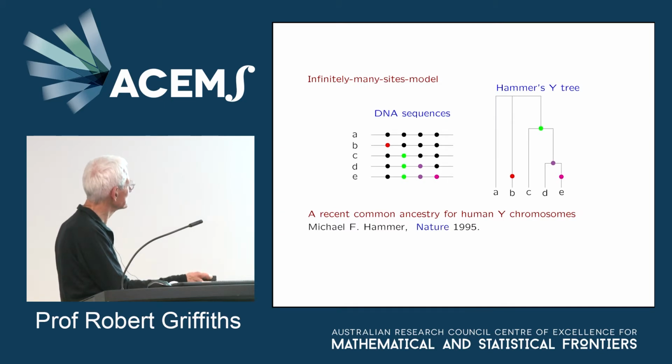In fact, you can easily see that you can deduce these sequences from the tree, because all you have to do is look at B. So here's B, you put a red dot there. This green dot, you put it in C, D and E. Purple one, you put in these 2, and this one you put in E.